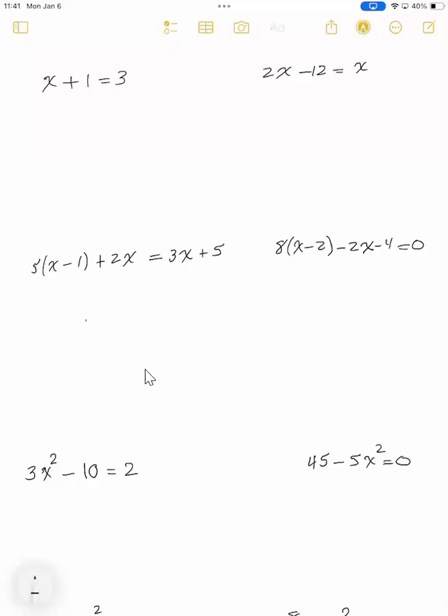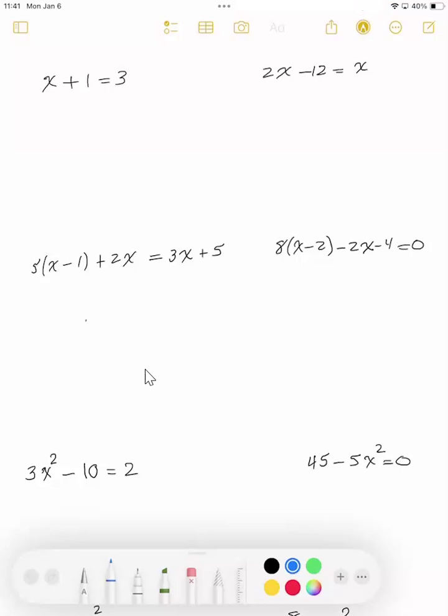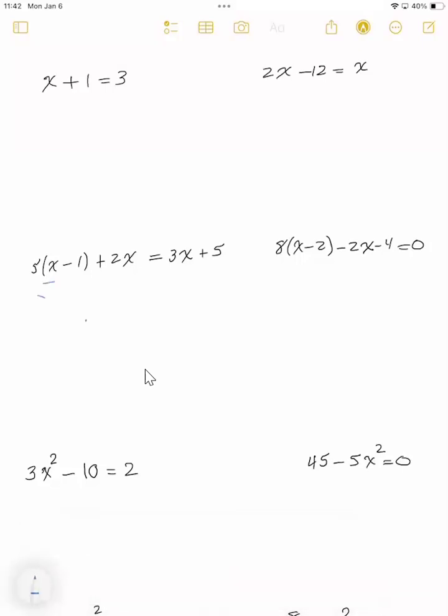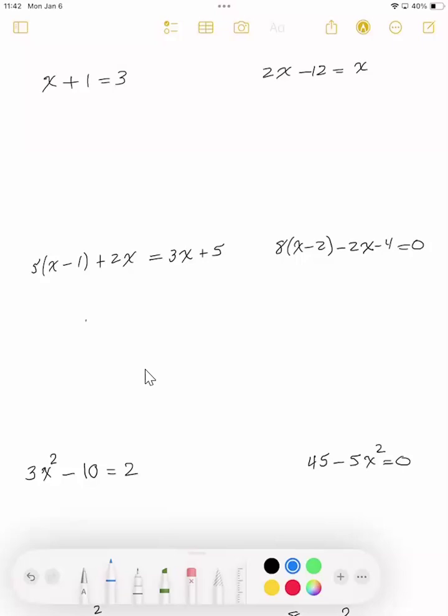So we are going to solve these equations. These equations all have one x term. I know when you're looking at this one, you say, oh, there's the x here, there's the x here, there's x here. But once we combine like terms and distribute, you will find out that we only end up with one x term. And when we have one x term, we use the isolation technique by going through the PEMDAS